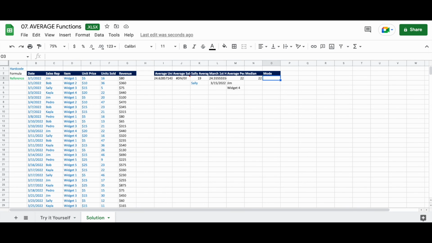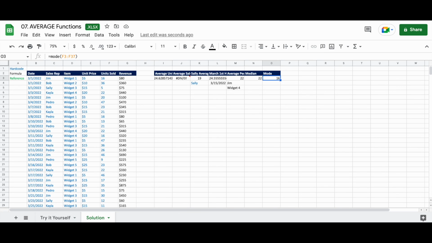Okay, next we're going to look at mode. And if we go back to high school math class, or maybe grade school, depending on how smart you are, mode is the value that appears the most times. So again, the formula is really straightforward. It's just going to be equals MODE. And we'll go to units sold. So F3 through F37. Close our parentheses off. And so the most frequent number of orders is 16. So we saw the number of orders with 16 was the most throughout the month of March.